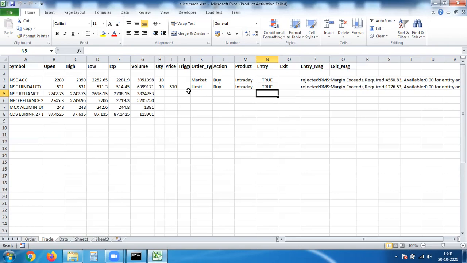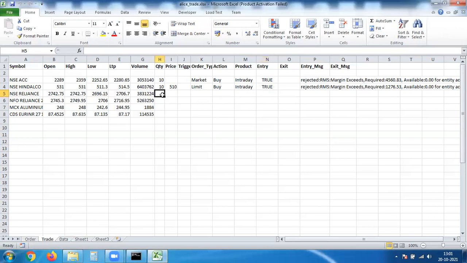Now these orders also, you can pre-write the condition. Let's say if LTP is greater than or equal to high, that means it is making new highs. Then initiate a buy. If LTP is less than or equal to today's low, that means it is making new lows. Then initiate an action which is sell. These types of conditions you can also include if you get this application. So that's the kind of flexibility that you have.